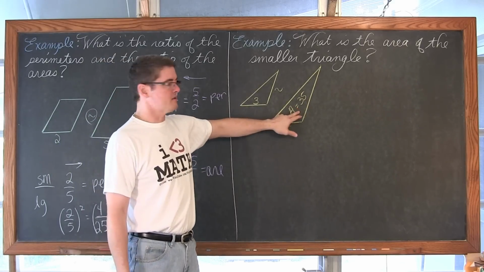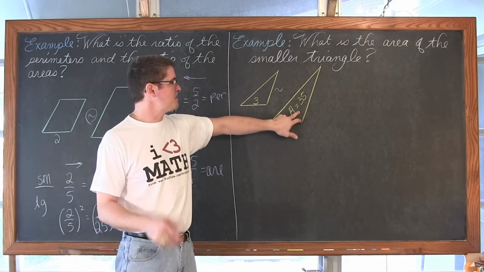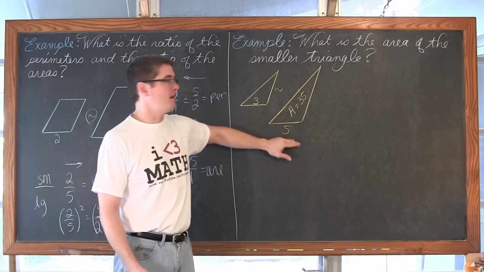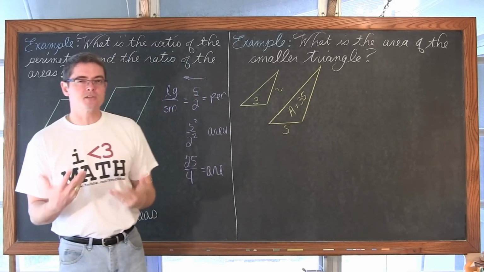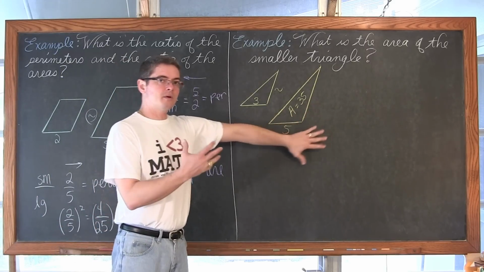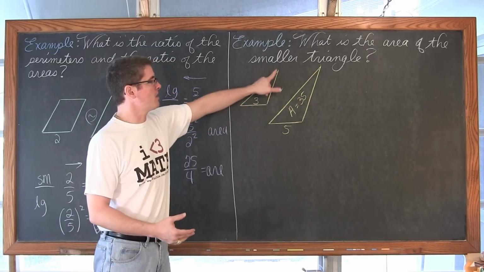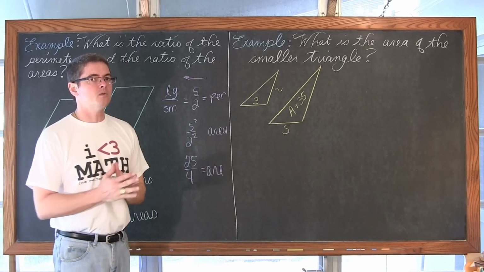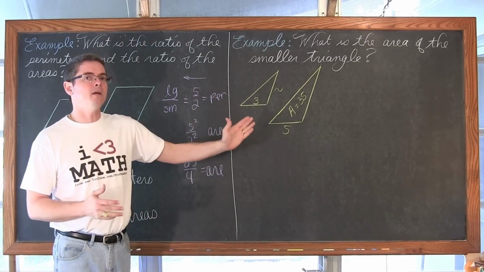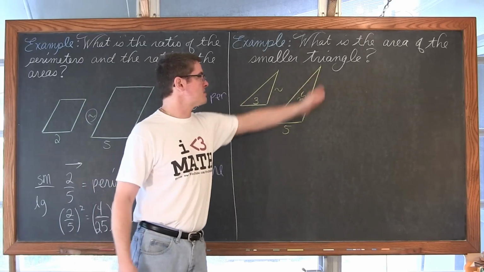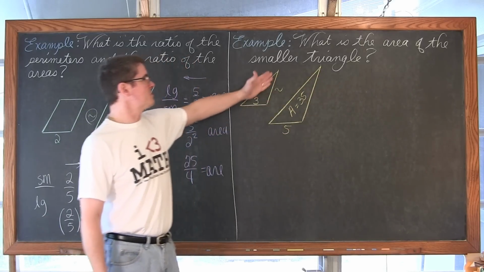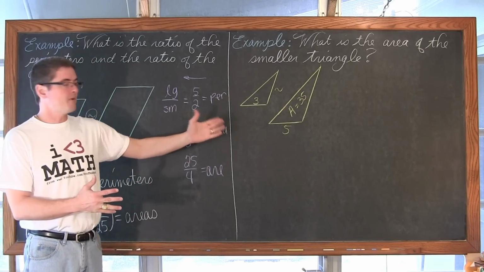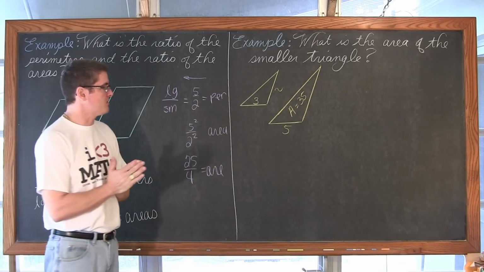You know, area of a triangle is 1/2 base times height. So I could say that 35 is equal to 1/2 of the base of 5 times a height of h, and actually solve it for h, and then with understanding of ratios here, kind of work out the height of the smaller triangle. But that's extra work that we don't need to do. I got everything I need right here without trying to find the height of the large triangle and reduce it to find a height of the smaller triangle. I got everything I need to find the area right now. Just got to take one little step.